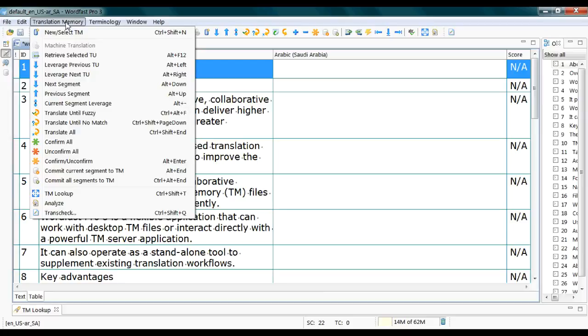They are essentially the next segment, which is Alt Down, and the previous segment, which is Alt Up, translate until fuzzy, and translate all, and commit all segments to TM. I'll be explaining what these terms commit and fuzzy mean in the next pages, inshallah. And of course the TM lookup shortcut,